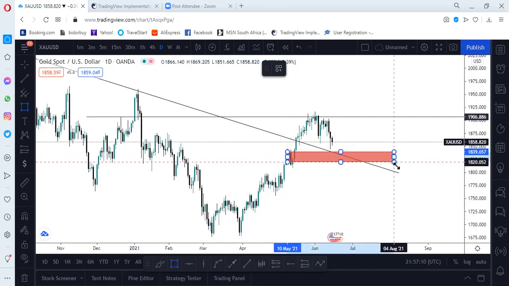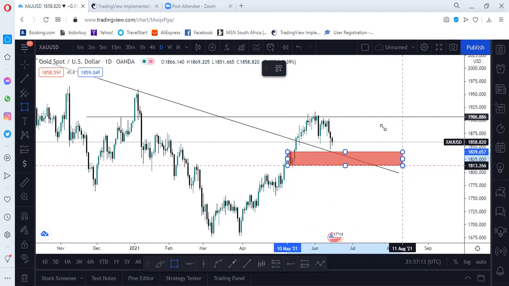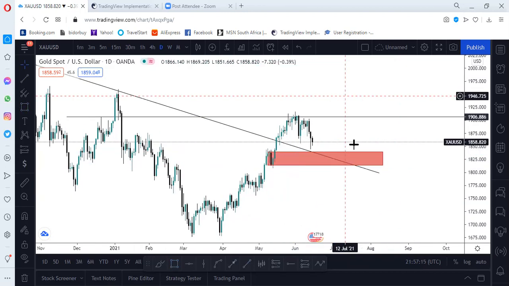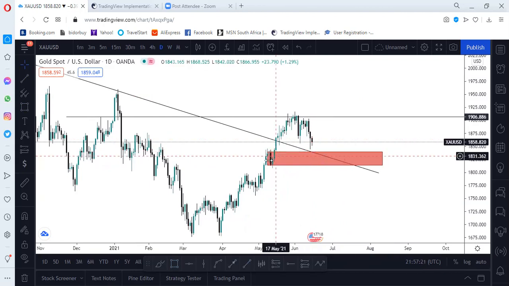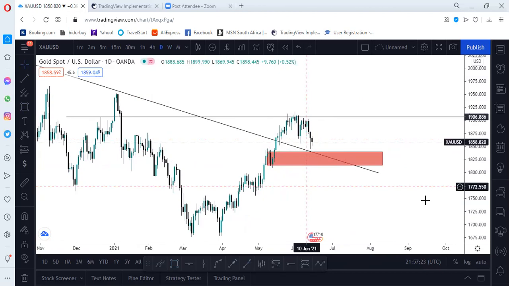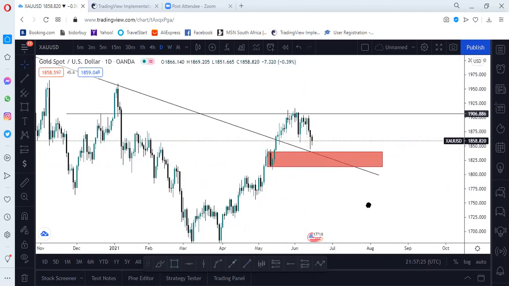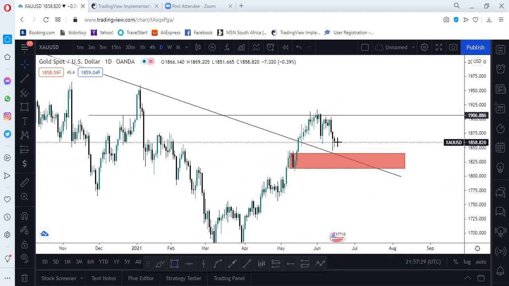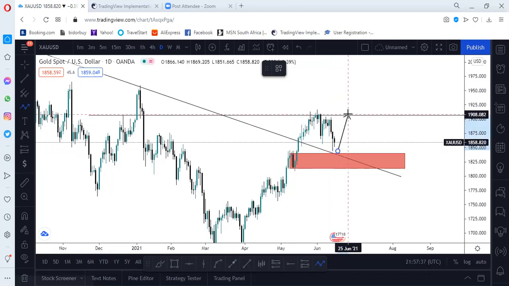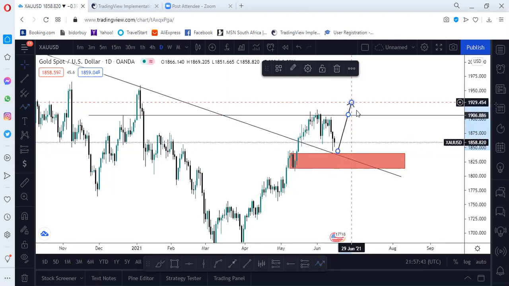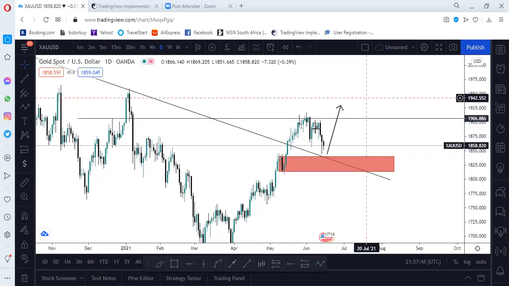If you know the ICT method of trading, you can see that right there at the trend line, there is an area of demand. We are expecting that's where this candlestick touched. So now we might expect it to go up, either break out of this trend line,